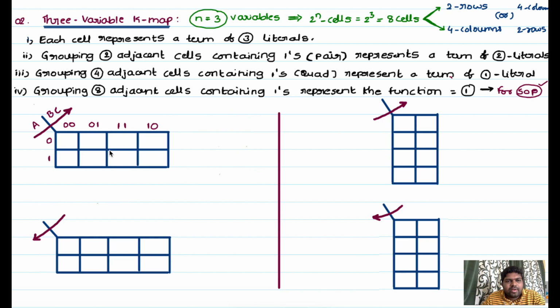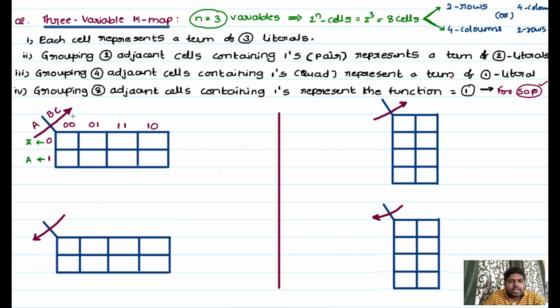Now I will assign these binary codes to the variables in complementary and uncomplementary forms. First I will take this one. This is A bar. This example I will consider in sum of product form, so I will take A bar, and this one is A only. In sum of product, 1 should be considered as the uncomplemented form and 0 should be considered as the complemented form.